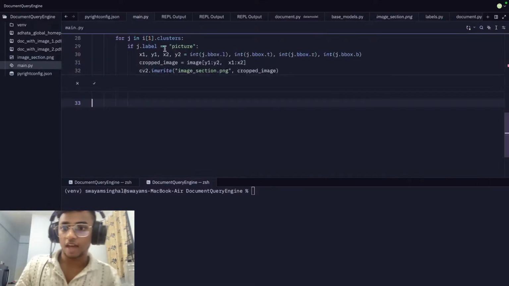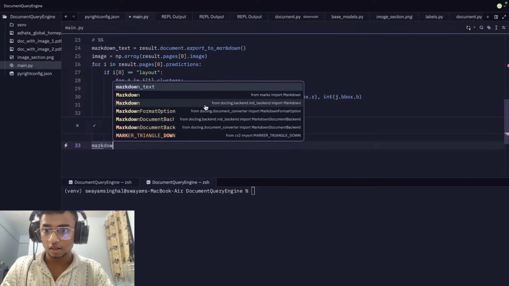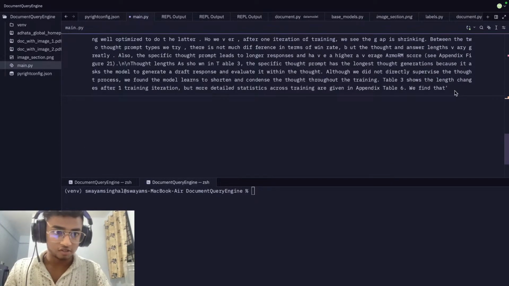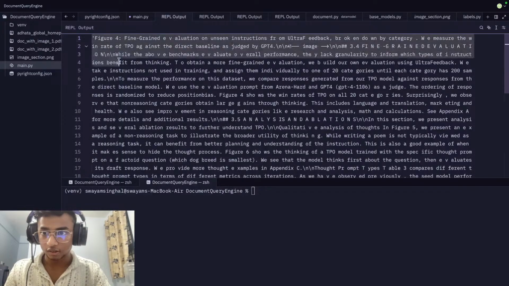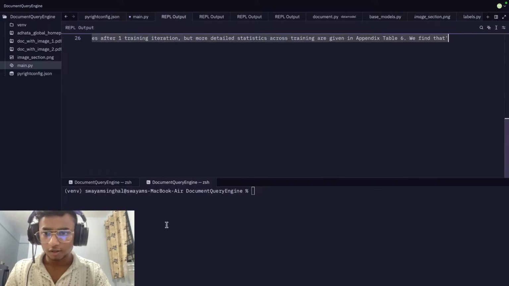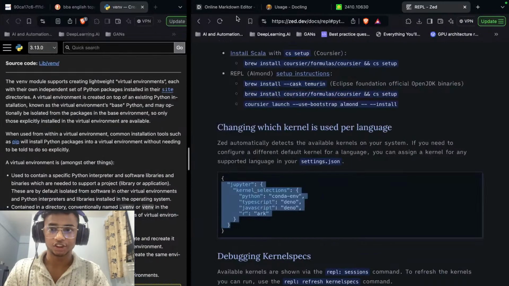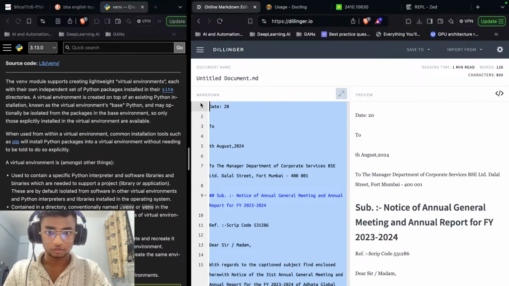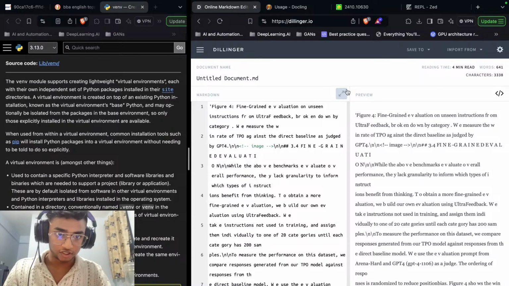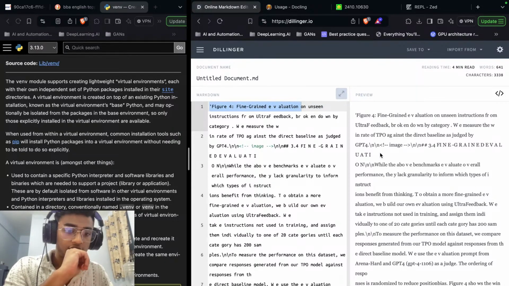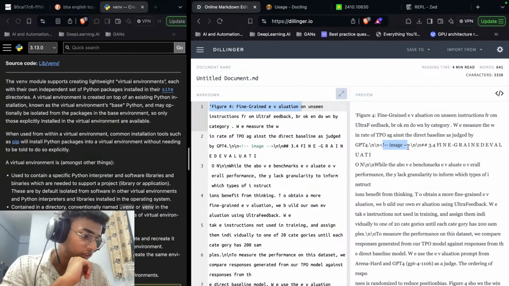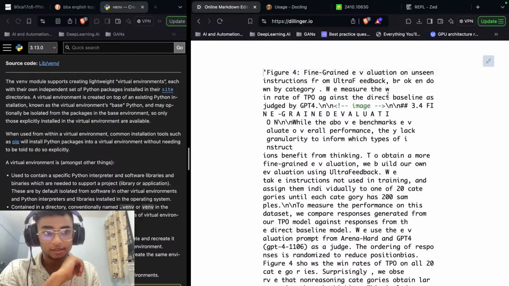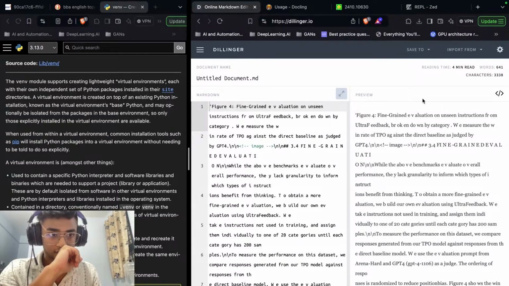So now what we have is the markdown format. Let me just show you that as well. Markdown text. Boom. And if I can just copy it somewhere so that we can visualize it online. There must be a markdown viewer for Zed as well. I'll just have to look at the extensions. But if I just go to any markdown viewer, delete everything else, copy this, and there you go. You're getting all of these details. And you already have a placeholder for an image. So if you want to use your image instead of the placeholder, you can do that. So the model understands where the image goes. And other than that, if I only look at the preview,